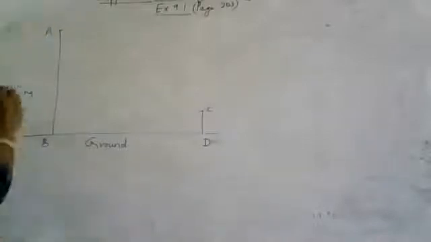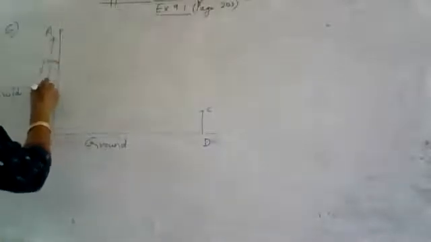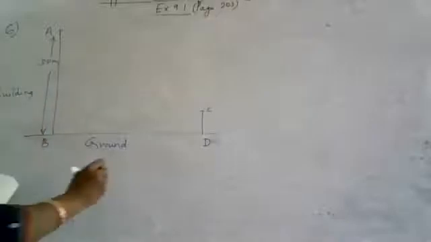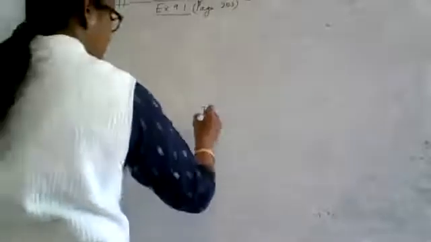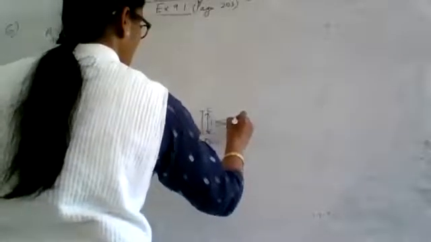And we will label the height now. So the height of the building is 30 meters. So this is 30 meters. AB is given as 30 meters. And the height of the boy is given as 1.5 meters. This is the boy who is standing. Alright, so there are 2 verticals now. One is the building, which is 30 meters high, and the other one is the boy CD, who is 1.5 meters tall.